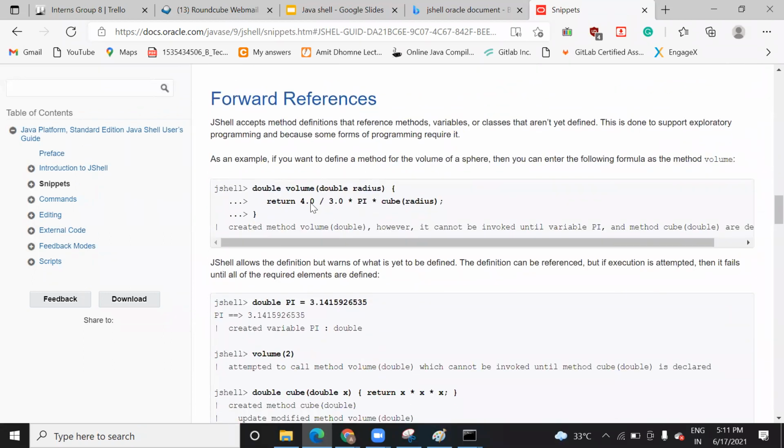Similarly, you can perform any operation, like a mathematical operation, if you want to perform. Like here you can see return the value. So this one also I have shown in the video. If you want, you can see that also. Or let's try here also. Why not we try here? So here let me come to that.